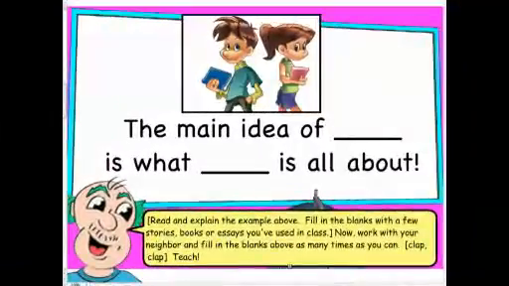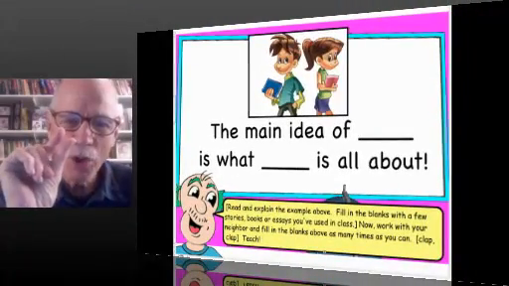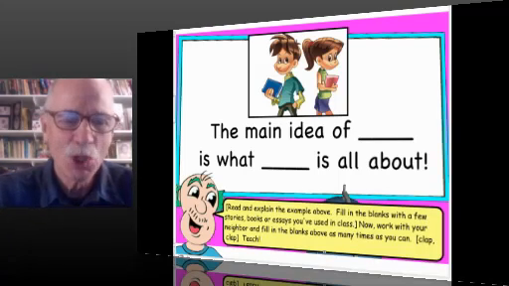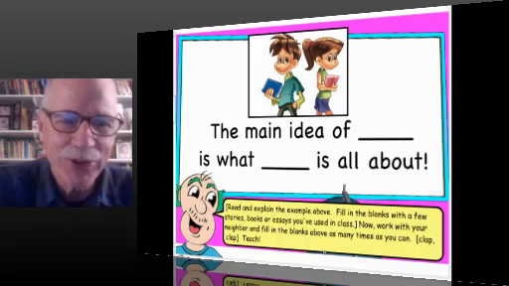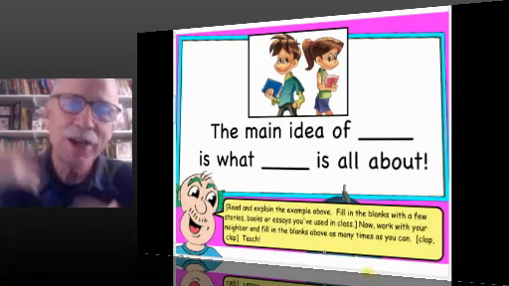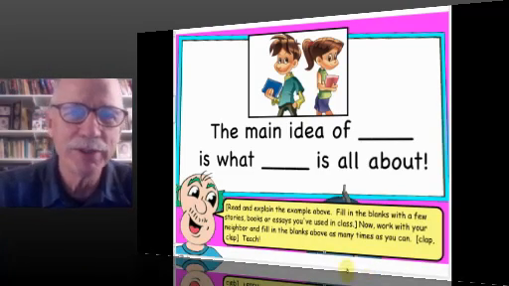How did you remember your new phone number? You said it over and over and over until it was in long-term memory. Jeff Battle will tell you all about that. He's our brain guru. So, here we have the screen. Main idea is what blank is all about. And notice, my friends, we're going in real small steps here. We're going to get to some really cool stuff if we go in small enough steps. Not only will we get there, they'll get there. Oh, that would be weird.